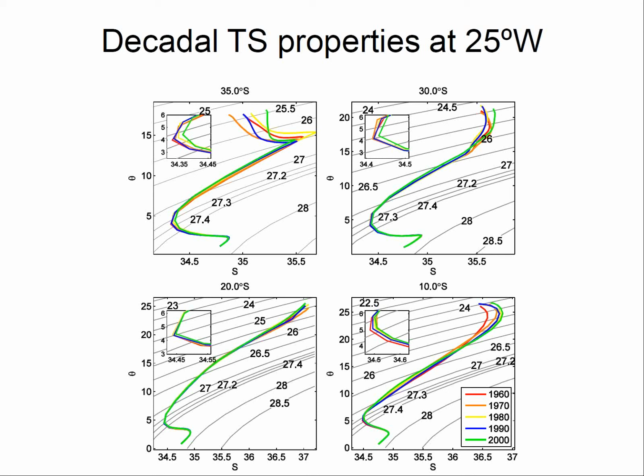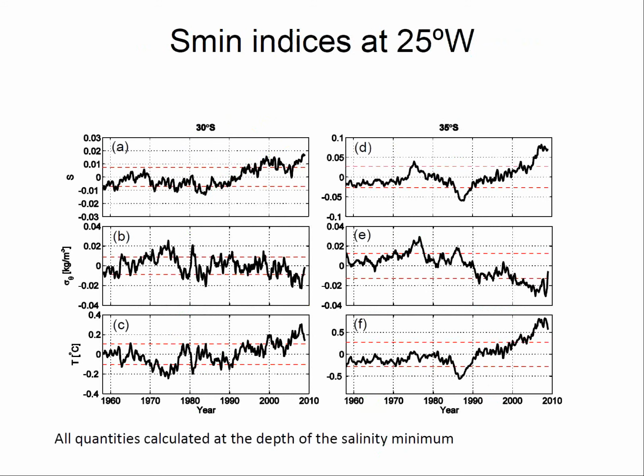But they mostly follow a pattern like that at 30 south. So we have a decrease in salinity here and an increase in salinity at the intermediate level. This is a zoom here at the intermediate water, so there's an increase in salinity in that region. This is in agreement with Schmidtko and Johnson for the intermediate level. Now, to see how significant they are over time,